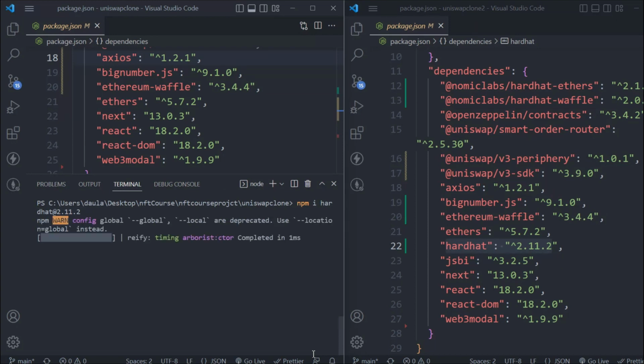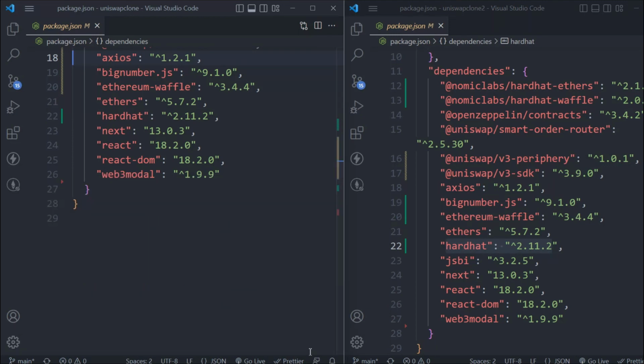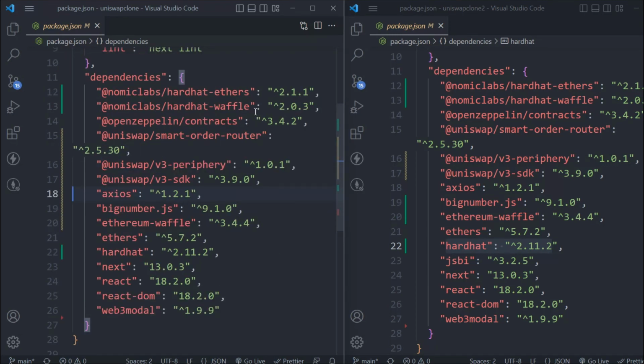This looks fine to me. And here we have installed the hard hat. Let me bring the terminal down and let's compare it. So we have this one, hard hat waffle, we have the contract exact version, we have smart order router, we